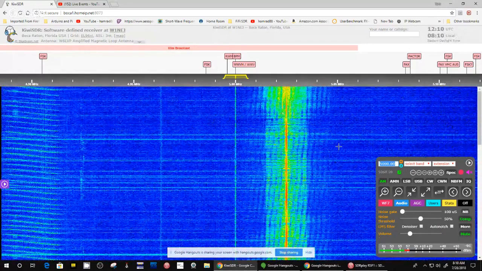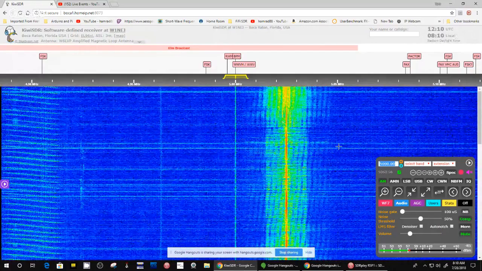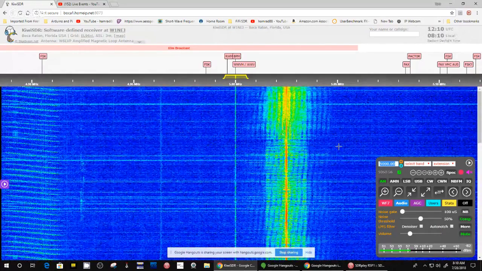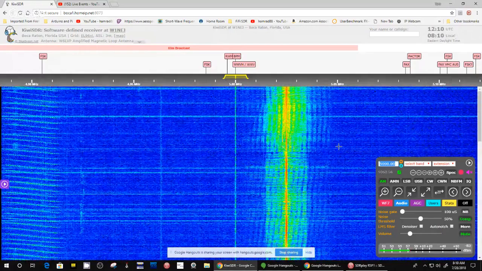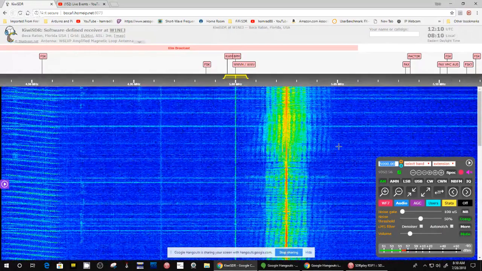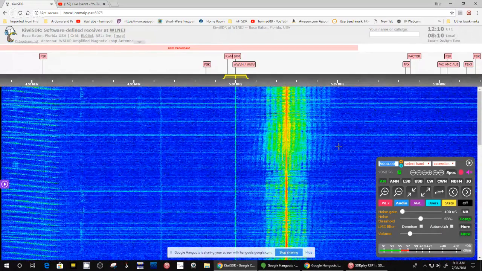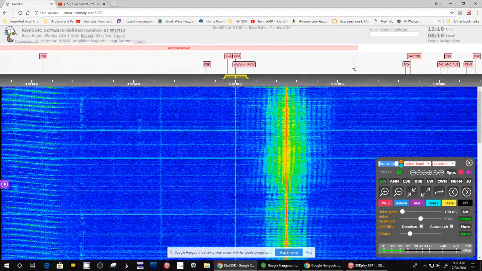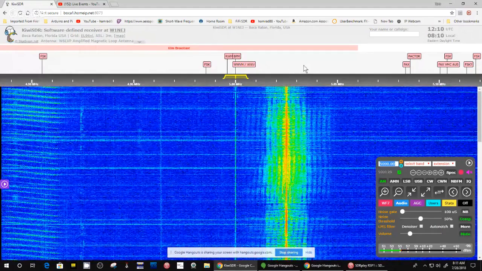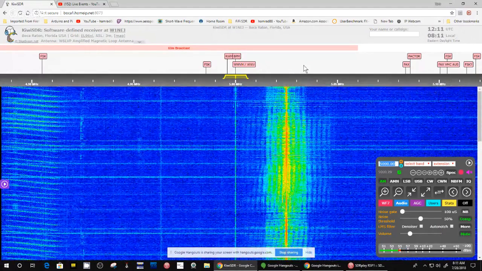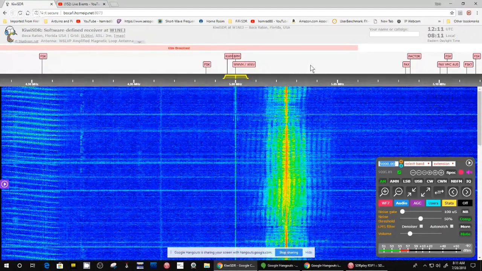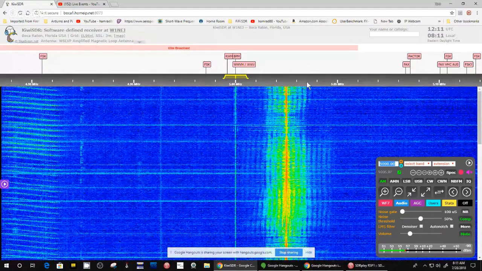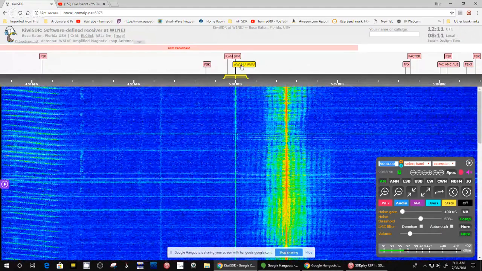Now, the one thing nice about using this website Kiwi SDR and using one of the radios that an individual has put on, sometimes, or most of the time, up here is populated information that has been found or is available in the various frequencies.